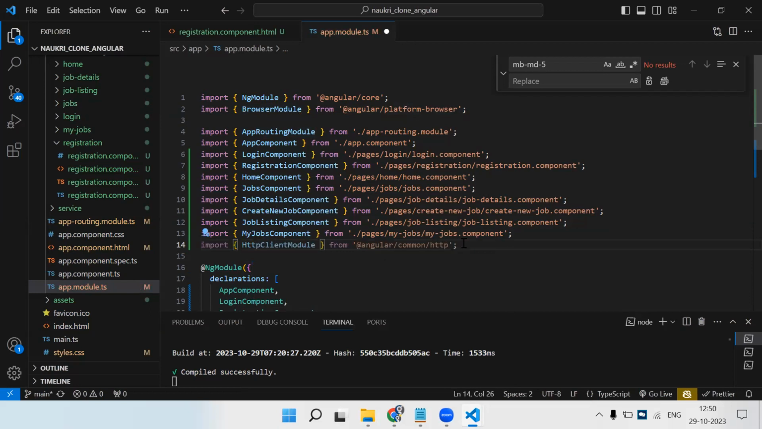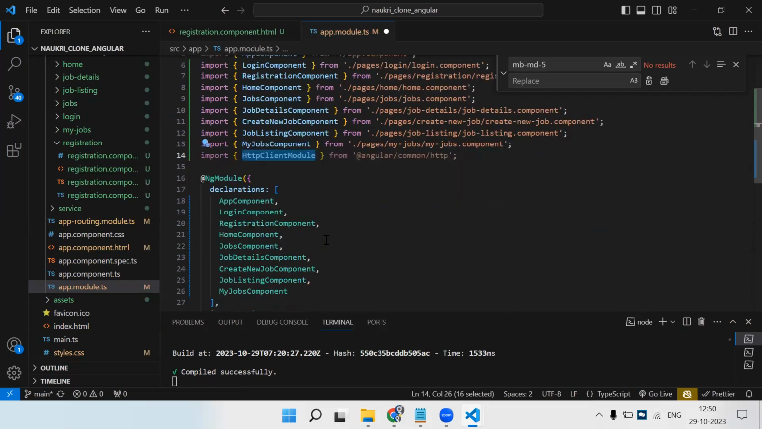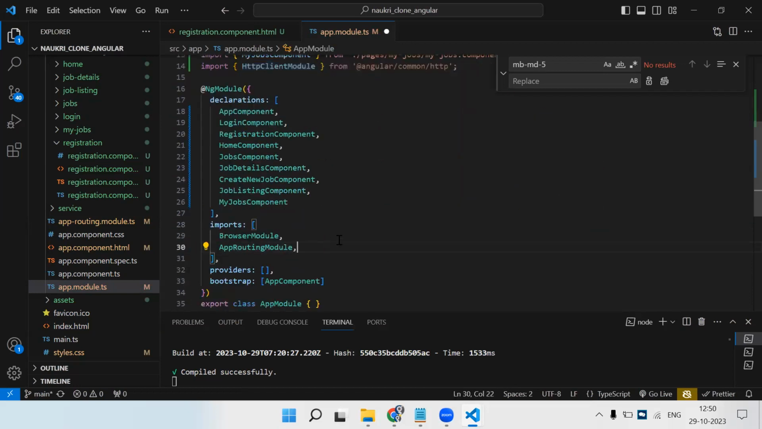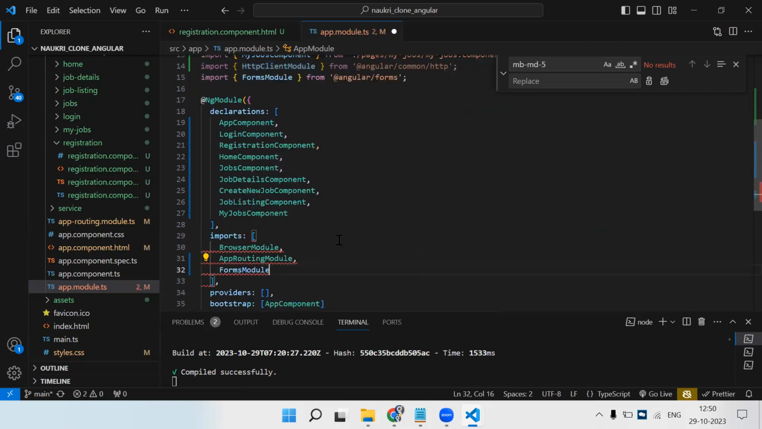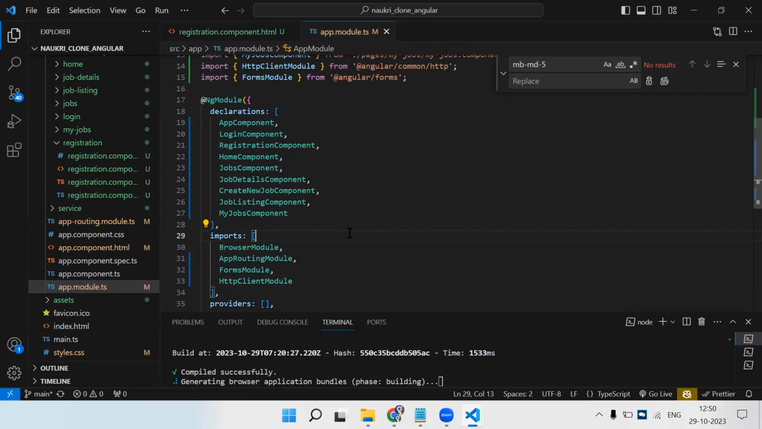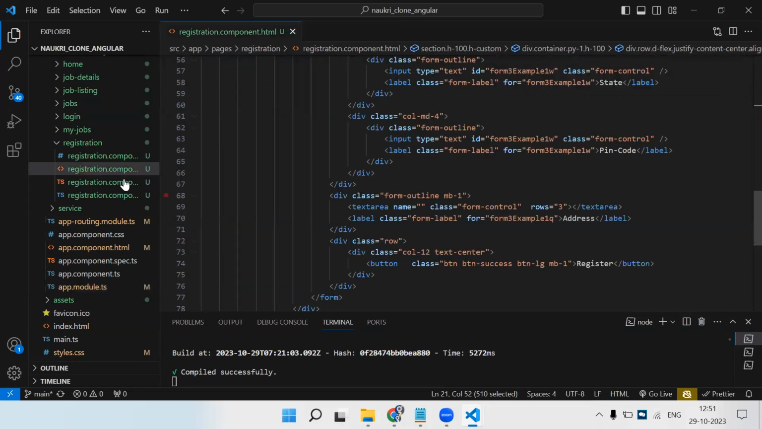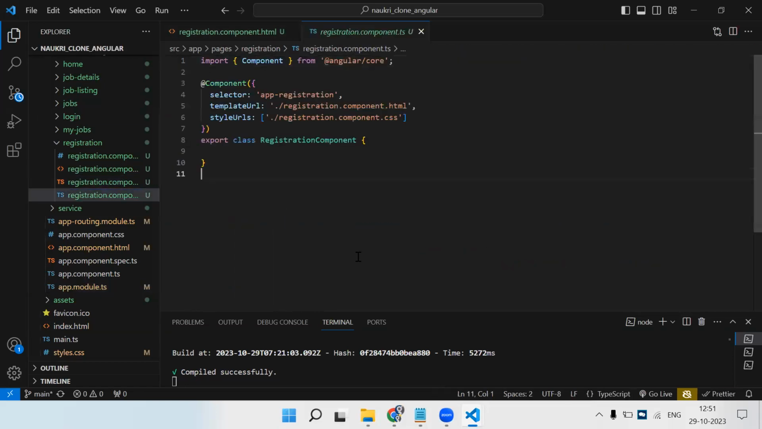Right. One more import we are going to need is FormsModule, because we are going to use ngModel, right? So two things we have done: HttpClientModule and FormsModule we have added in the imports section of our app module, right? This is just for the initial phase. Next thing we are going to need